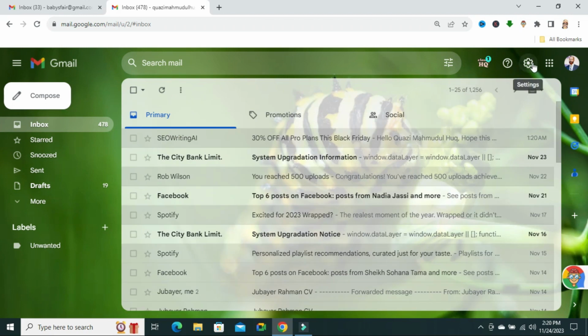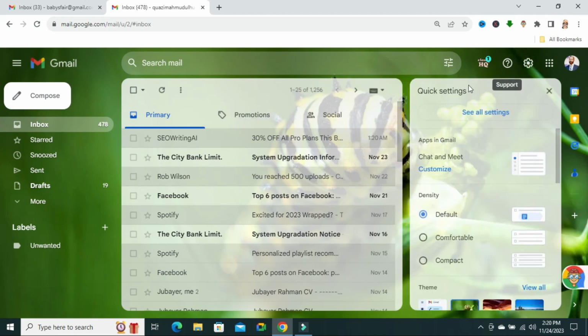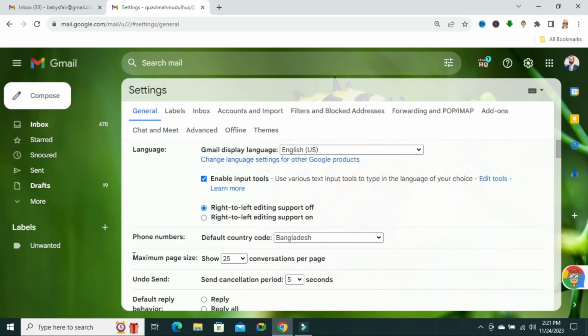Now click on the settings icon in the upper right corner. Now click on See all settings. Now here, the maximum page size by default is 25. Now click on the drop down and you will find 50 and 100 here. And I am selecting 100,